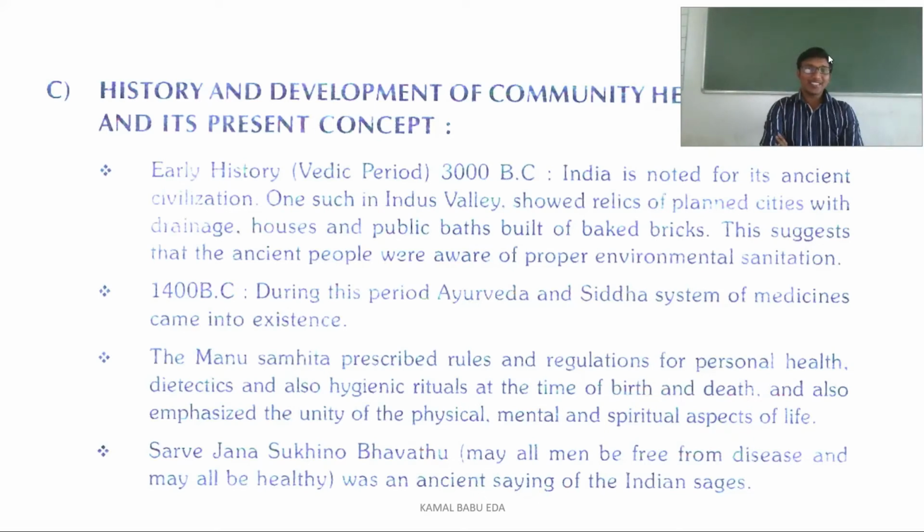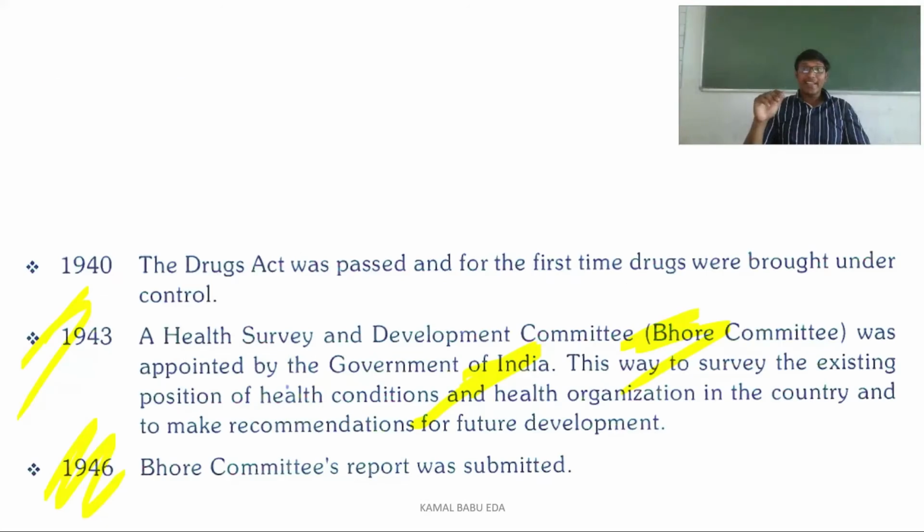So we were discussing your community health nursing unit 1. We have seen determinants, we have seen what the health indicators are, we have seen the concept, and we have seen the definitions. And in this class I would like to discuss the history and development of community health nursing and its present concept. In yesterday's class, we saw the history and development of community health till 1946,